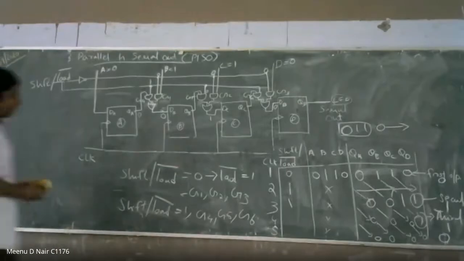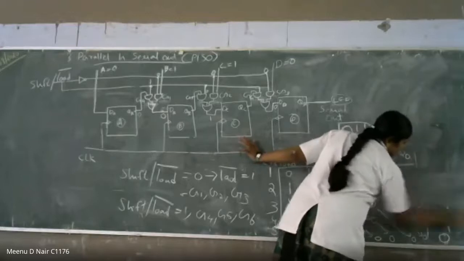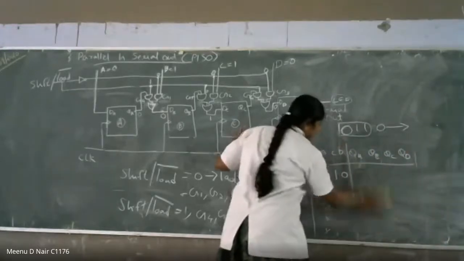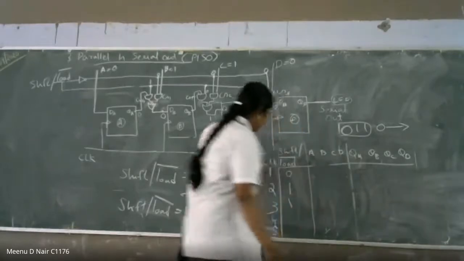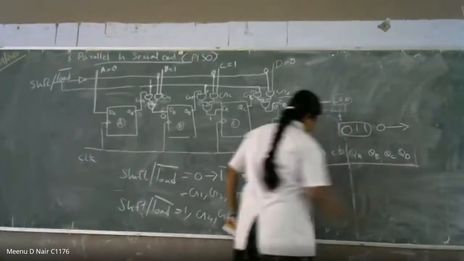Once again, madam. Arun, which one do you want madam to explain? Namely the truth table, the tabulation part with the clock. Okay, madam, Arun wants you to explain the table once again. When you give the clock pulse, there is a shift. Actually the table is not required, right? Okay, once I'll tell you. This is not required as a table because you want to explain this in words actually.